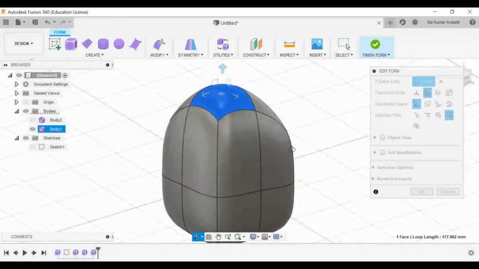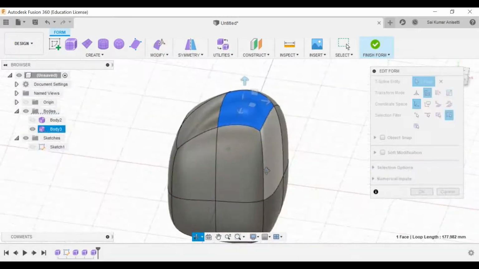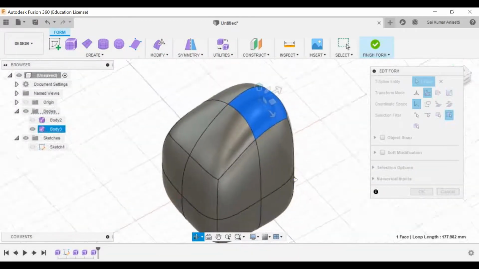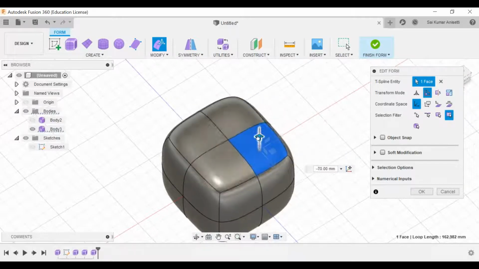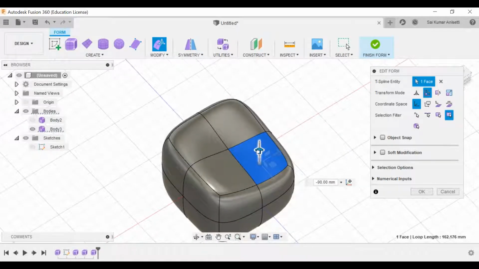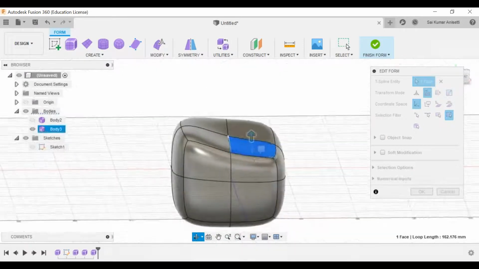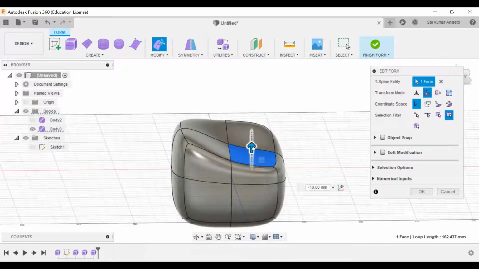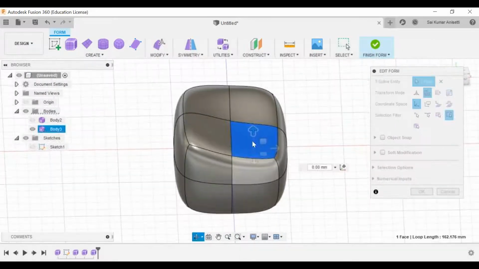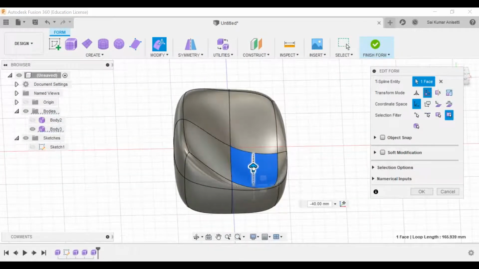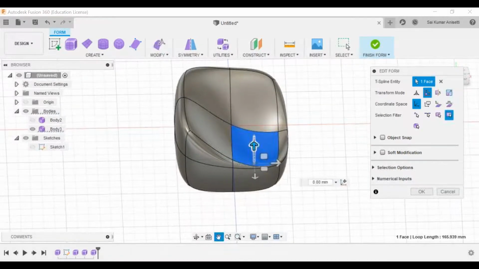This is just simple clay in your hand, and you want to modify it. You want to press it, pull it, do whatever you want. If you want to press it, just make sure it is in the negative direction. Press as much as possible, but do remember that it should be curvature continuous. Don't press it so much that you lose the curvature continuity. There will be some errors.